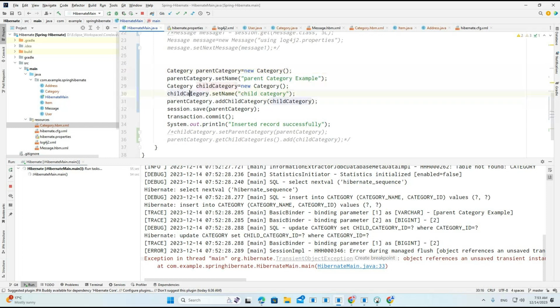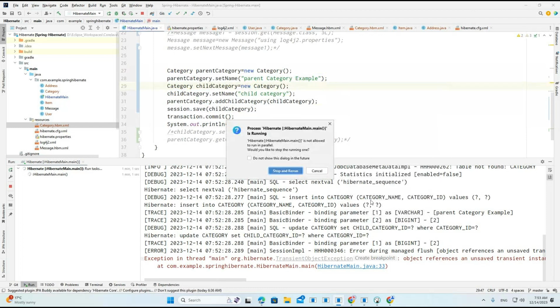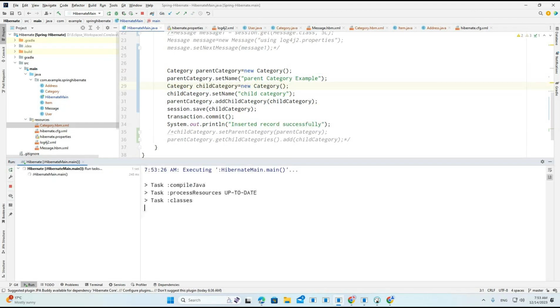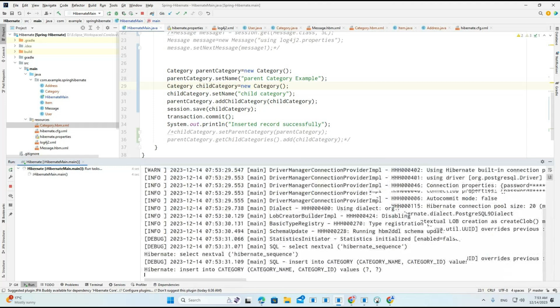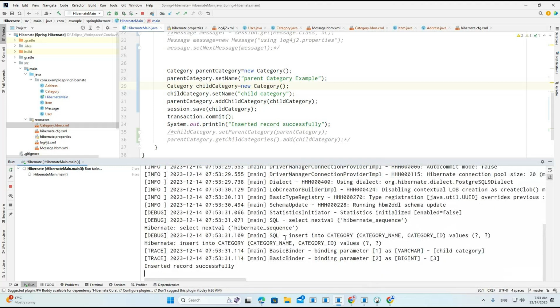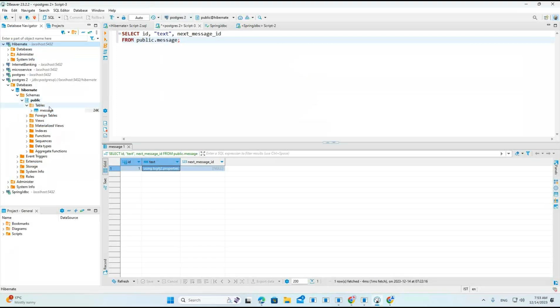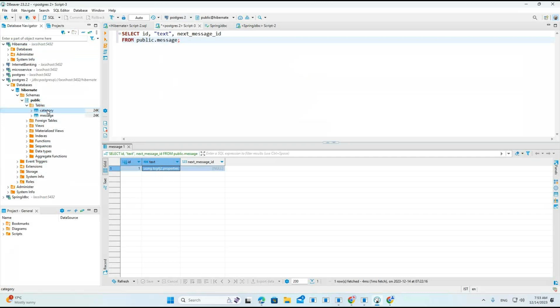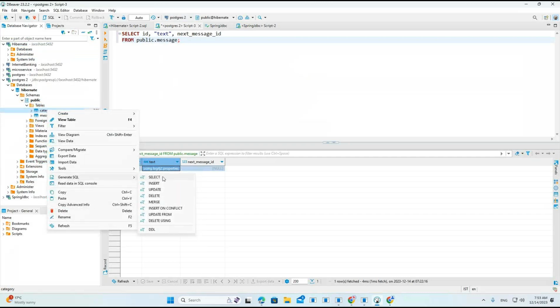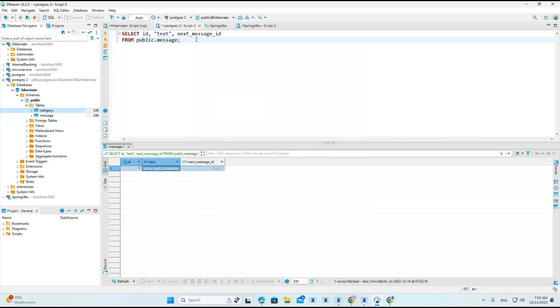Parent. So now let's save the second one. Now you can see the records are inserted successfully. So let's refresh it, we'll get the category. Now go to the select query, copy this,